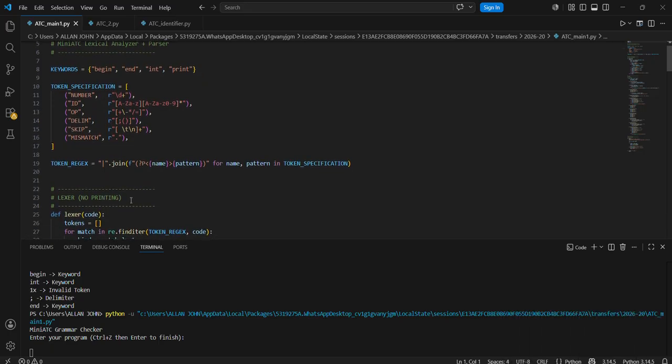Token specification. It defines the token types and patterns. Token specification has number, ID, operators, delimiters, skip, and mismatch. And token regex combines all token patterns into one big regular expression. And then